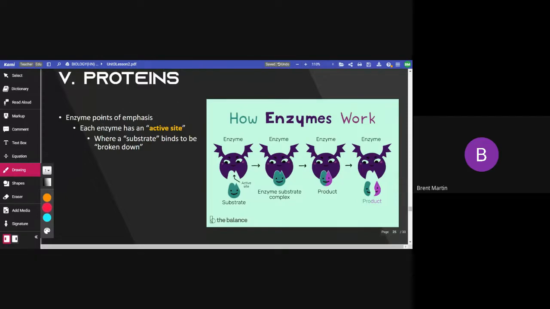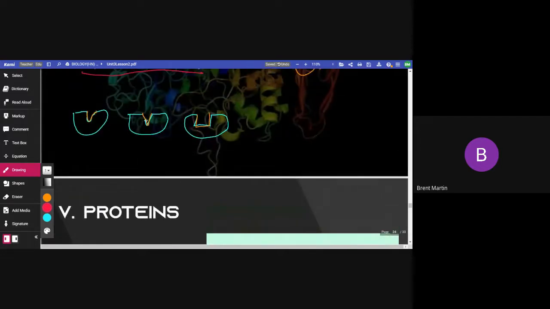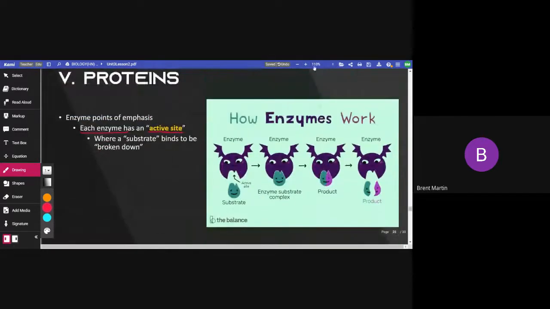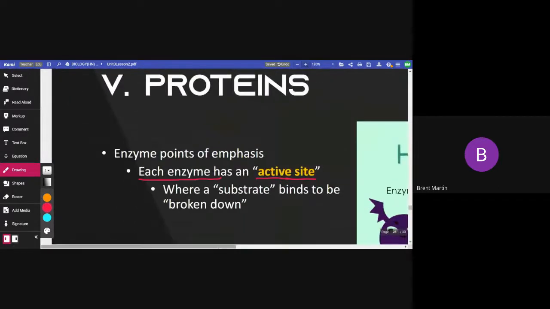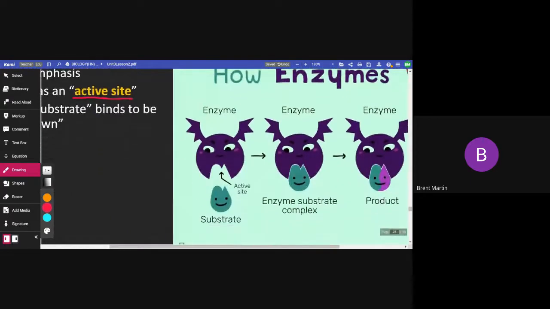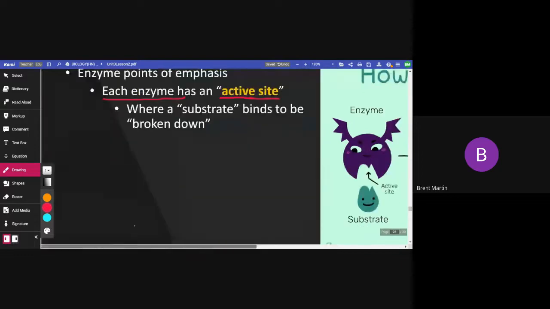Matter of fact, you can even see it right here. This is enzyme, a point of emphasis on the EOC. Those different spots that you saw, which are right here, are called the enzyme's active site. And I'm even going to put that, that's the active sites. When you have different shapes, that means the active site will be different. And only certain things can come into that area and attach. Those things have to match the actual shape of that enzyme. Now, that active site is where something called a substrate will bind to be broken down. And you do need to know that the enzyme attaches to the substrate, right?